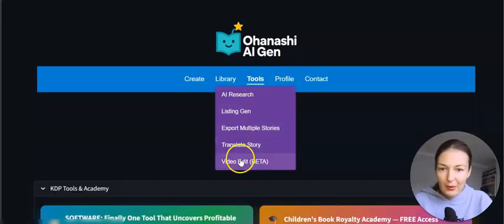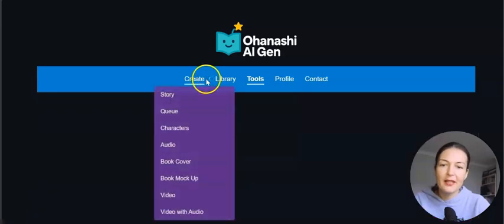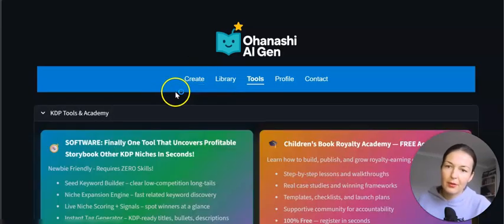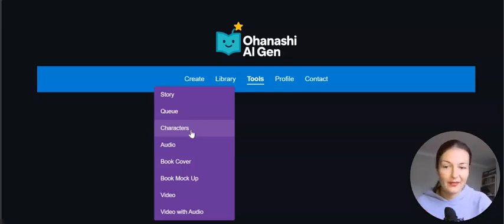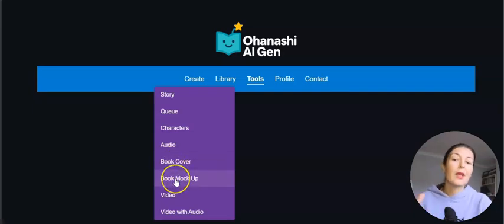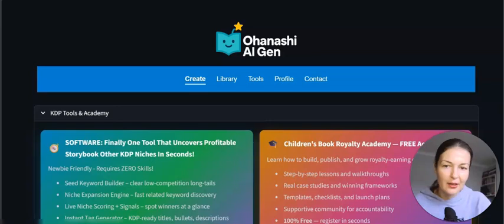Right, so what else do we have in tools? This video edit. Right, okay, so let's get to it. Let's create a story. I don't think I'm going to be able to go through all of the features, but I'm going to show you how to create a story. And then you can create characters, AI characters. That's more straightforward. You can use that feature and then create a character that you then use for your stories and stuff like that. Book cover is about book mock-ups. It's amazing stuff as well. I'll actually show it to you later.